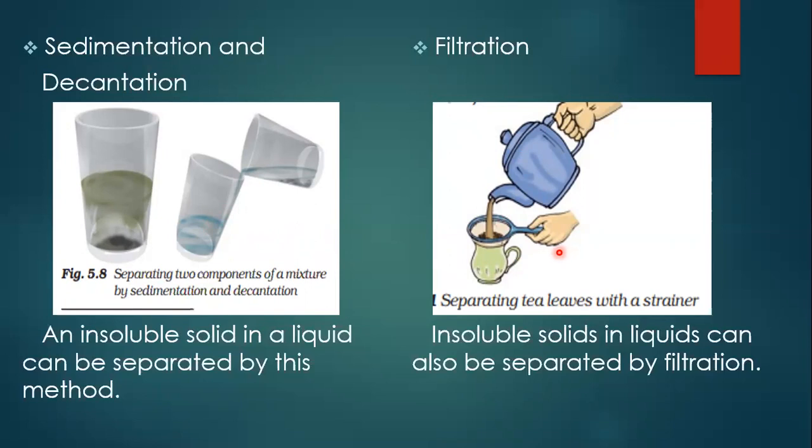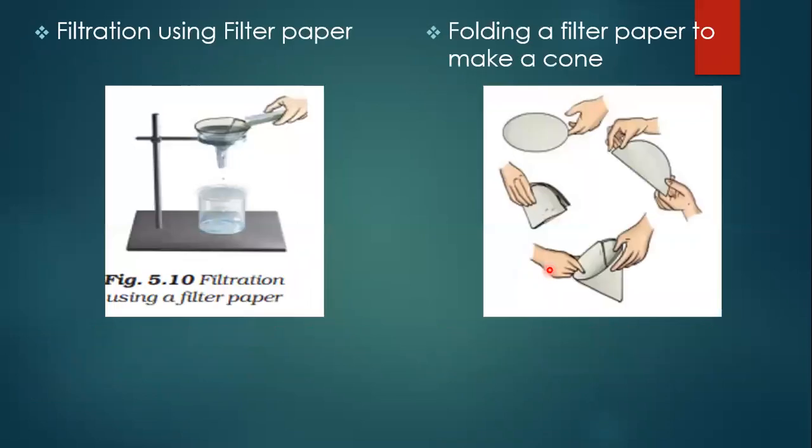Now filtration can be done in many ways by using a strainer, and also we can use filter paper for filtration. That is shown here, filtration using filter paper. Here, a filter paper is folded in the form of a cone that is kept on the funnel. Then the